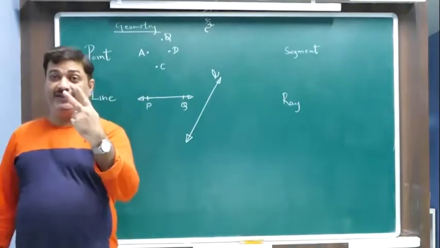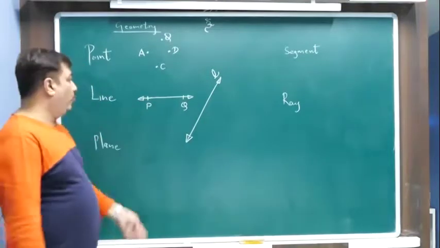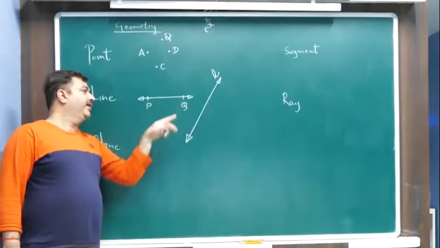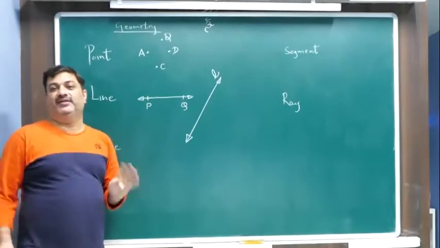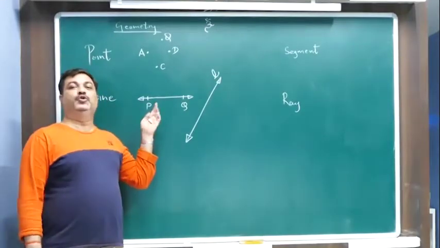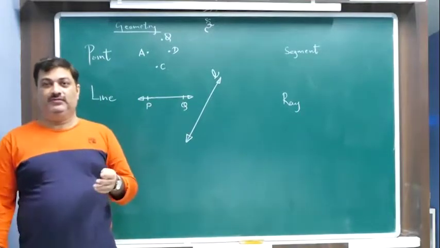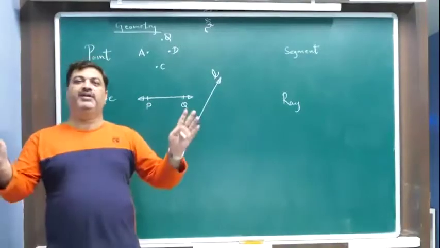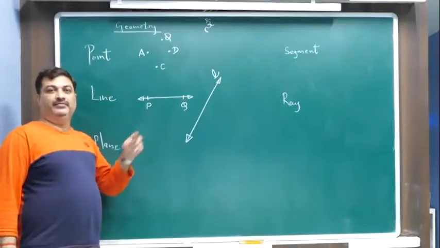So there are 2 ways of representing a line, calling a line. Okay? One is with the help of 2 letters like this, one towards the beginning, one towards the end, and just name them PQ. There is no end of the line, I said, so we can always say towards the beginning and towards the end. Alright? Fine. This is line L.